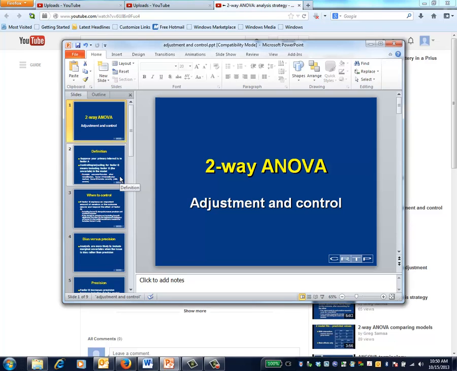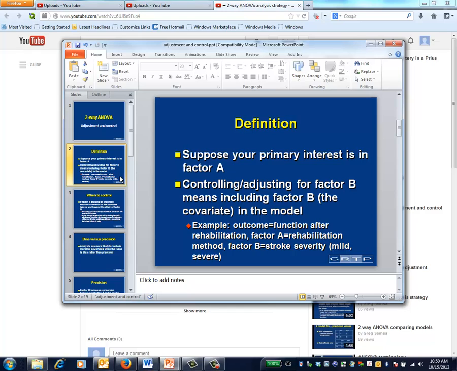This is the two-way ANOVA video on adjustment and control. In the two-way ANOVA, we've labeled the two categorically scaled predictor variables as factor A and factor B. Suppose these factors are not of equal importance to you, and that factor A is relatively more important, factor B